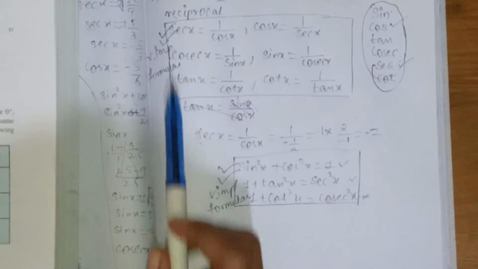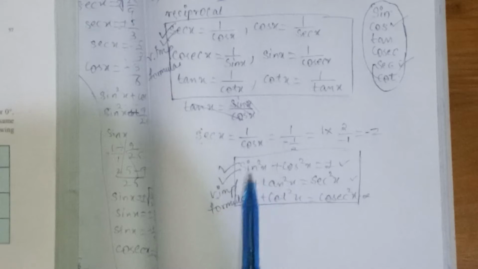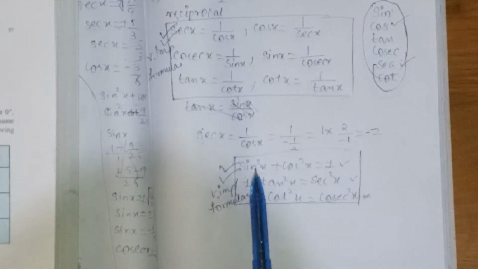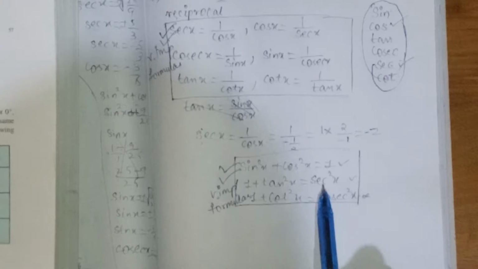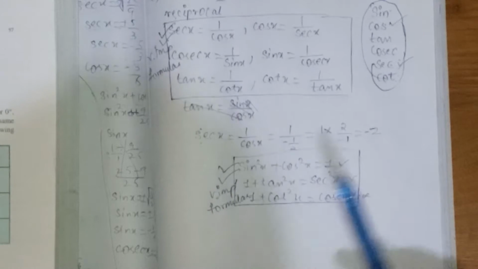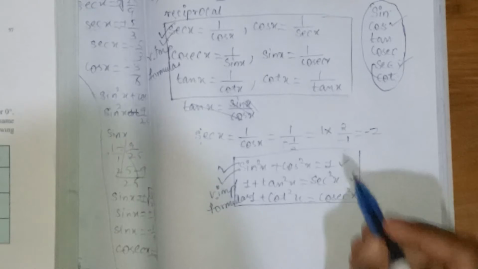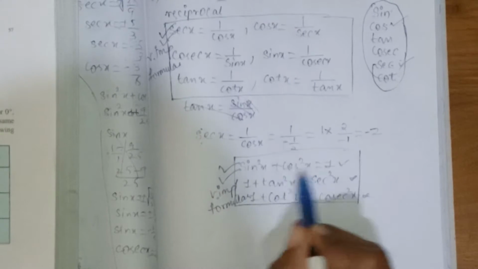So if we put any cos value over here, we'll get the sine value, and automatically we can get the cosecant value also. Or else if we keep the secant value over here, we'll get the tan value, and automatically I can get the cot value. So I'm keeping the cos value in the first equation.